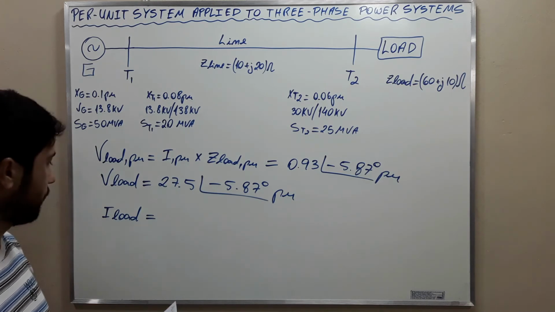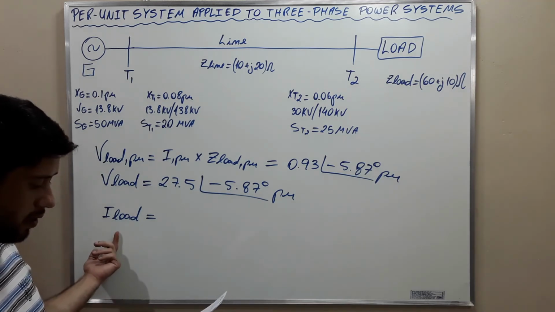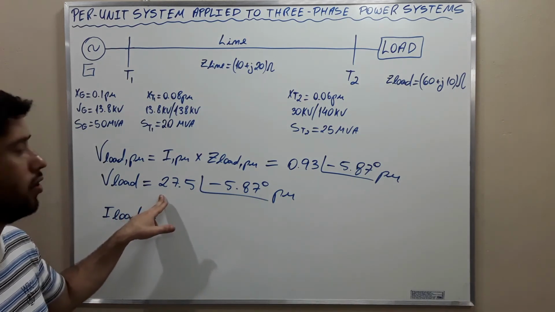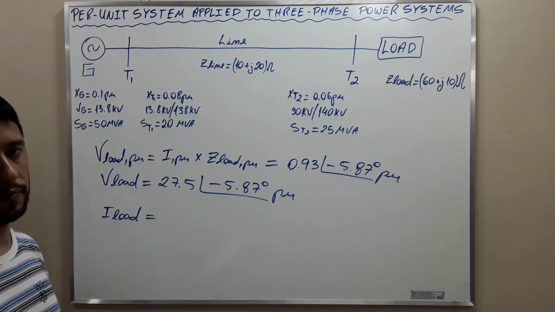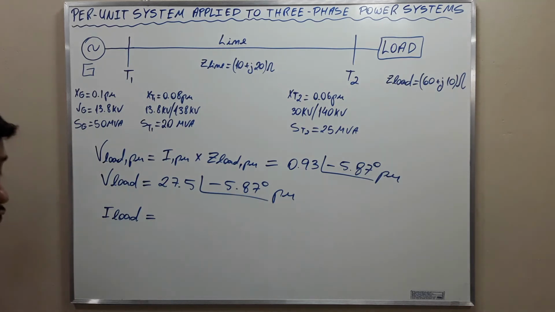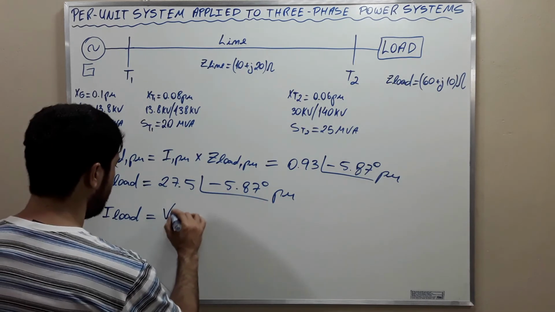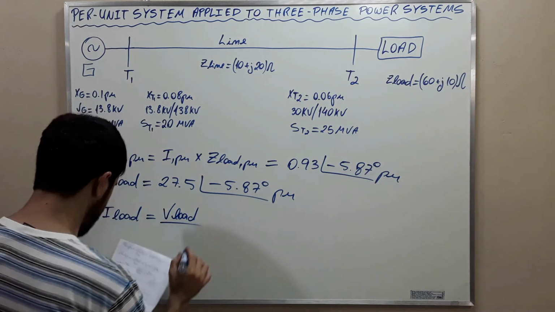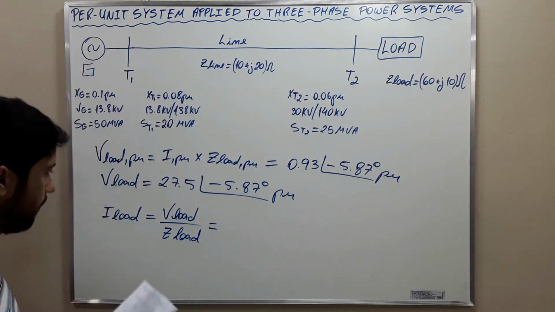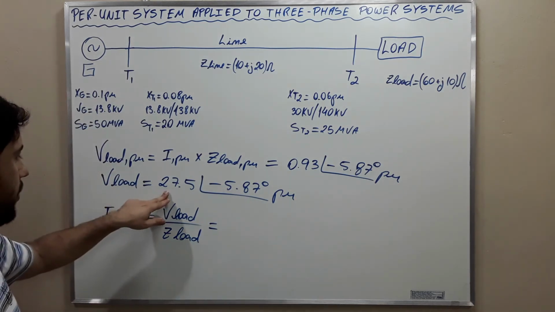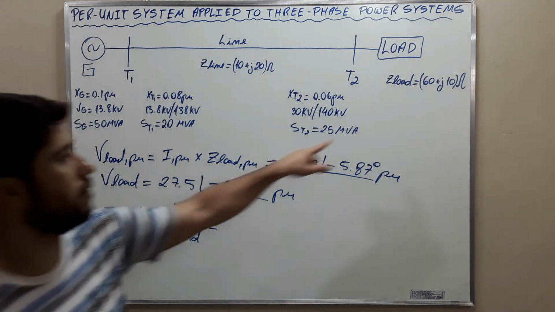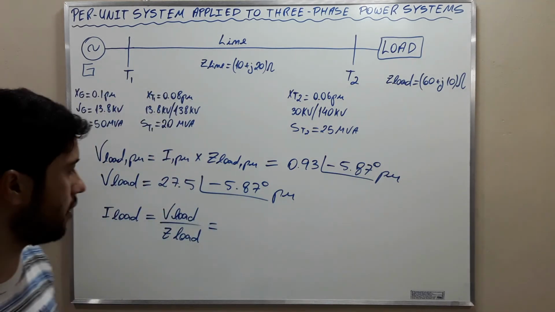So what do we do? To calculate the current at the load, we can either divide the voltage by the impedance or multiply the current in per unit by the base value of region 3. We are going to simply divide V load by Z load. And then it is going to be the division between this value here and this value here. You can use a calculator and you're going to find